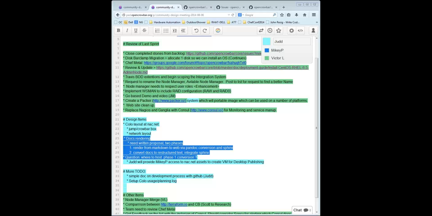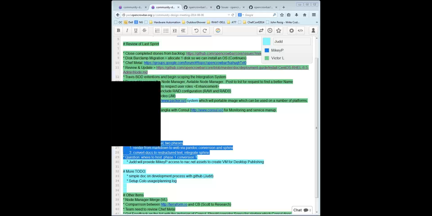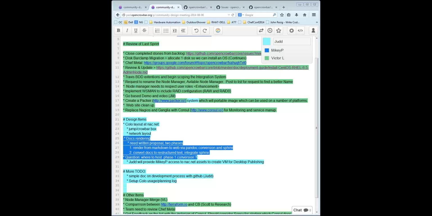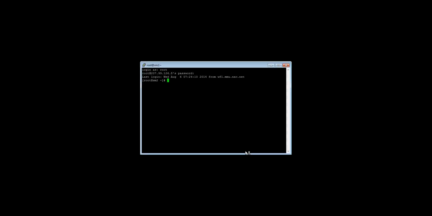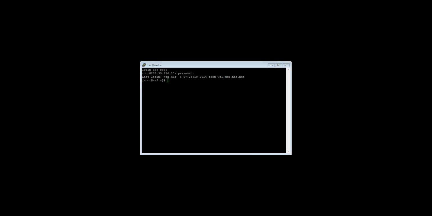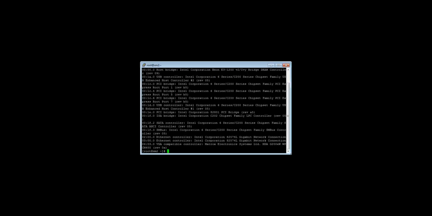Okay. All right. That's moderately illegible.